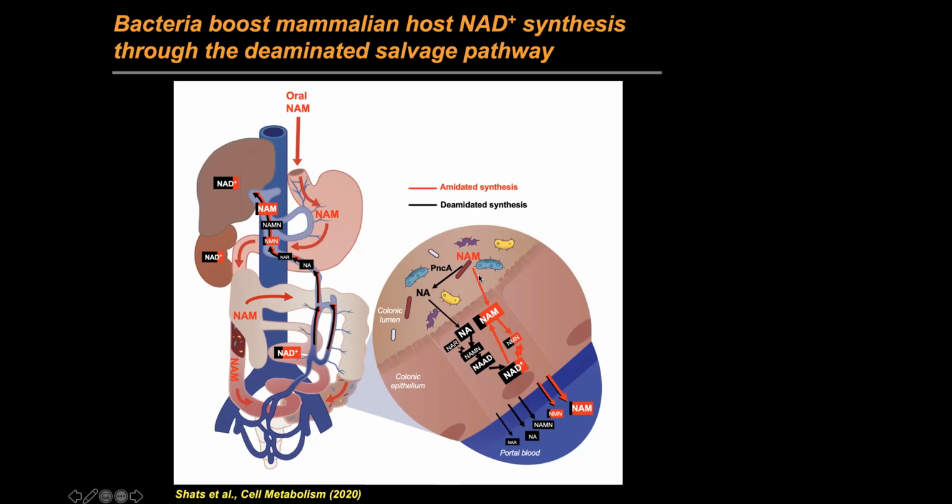So you might notice that this deaminated NAD synthesis appears to be more efficient than the amidated NAD biosynthesis, despite the fact that the concentration of NAM in the portal blood is about several hundred-fold higher than that of the deaminated precursor. This is because the rate limiting enzyme in the salvage pathway, NAMPT, is gated by NAD, meaning that NAD can feedback inhibit its activity, while the rate limiting enzyme in the deaminated pathway, NAPRT, does not have this feedback inhibition mechanism.